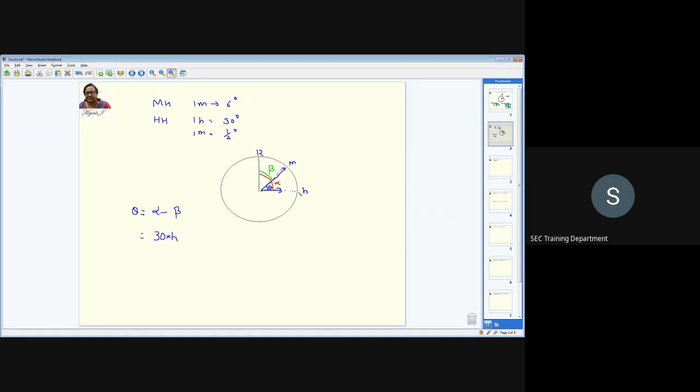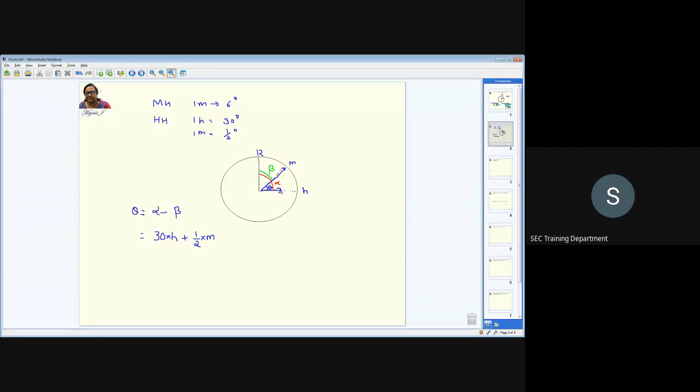Also, if it is exactly 3, then the minute hand is going to be here. But the minute hand is somewhere here. That means the minute hand has moved for m minutes. That means the hour hand has also moved for m minutes, so that also has to be added to this alpha. So alpha is not only 30h, it is plus, since the hour hand moves by half a degree for every 1 minute. And for how many minutes is it going to move? We are considering that as m. Is that clear?